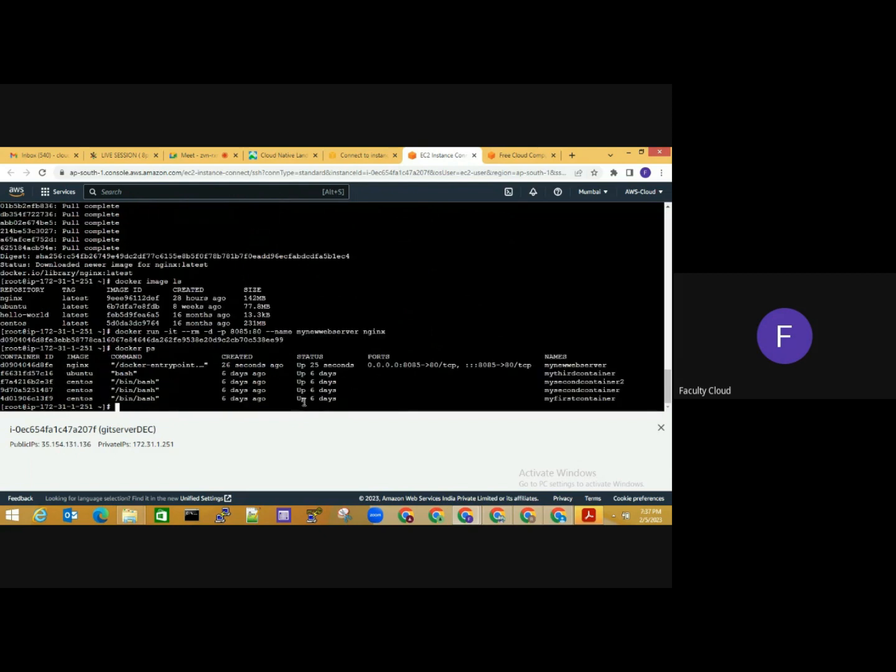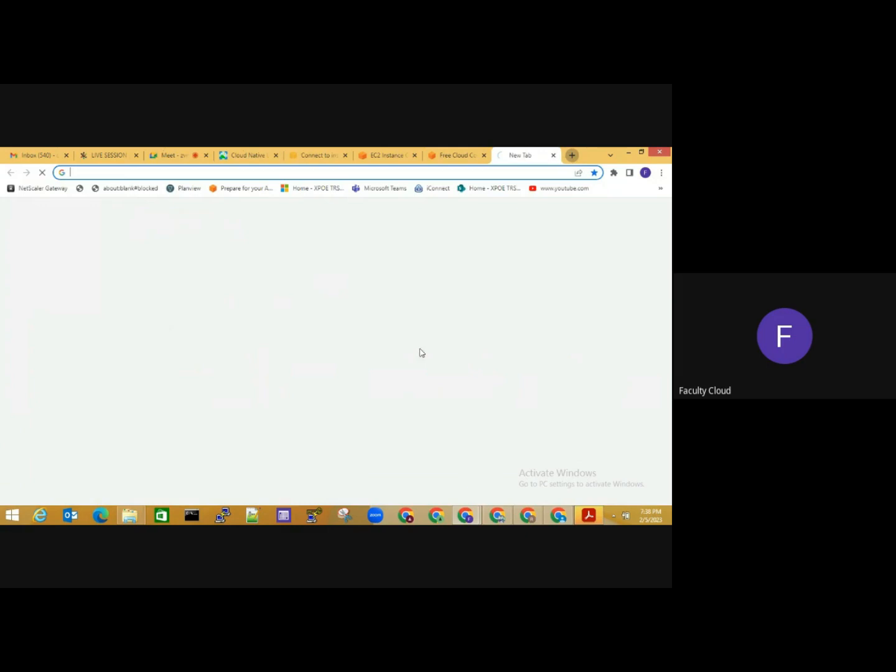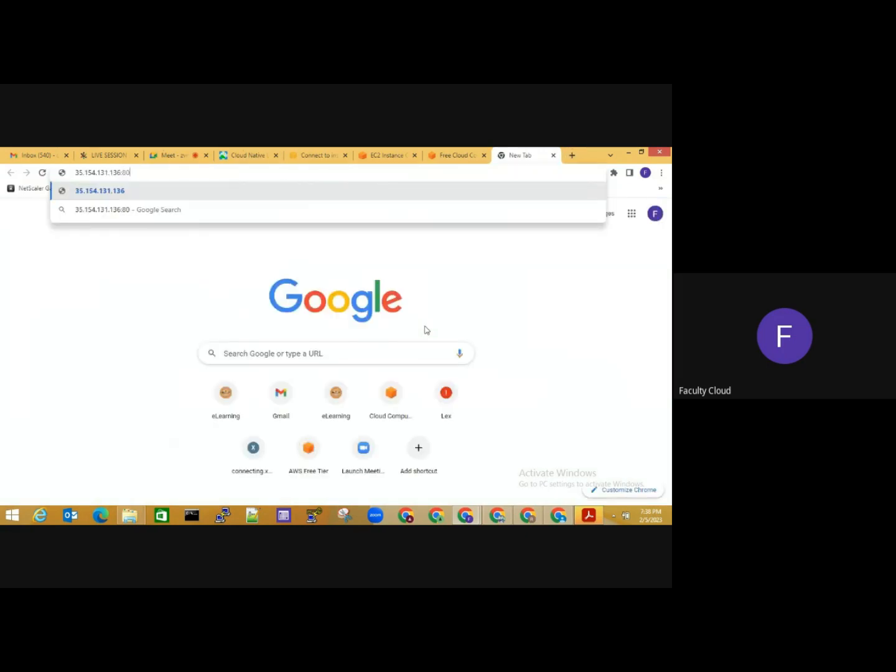Yeah, so you can see that there is an Nginx image which is being utilized and my new web server is launched. It is exposing the traffic over all traffic 0.0.0.0 to port 8085 over the 80 port of TCP. So what does that mean? Using the public IP, if I go ahead to a new browser and open up port 8085, I will be getting the output of the default Nginx which is running.